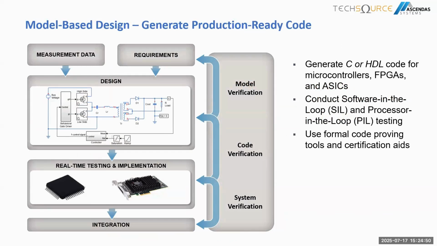And besides implementing the code on a microcontroller, in this case, for example, this one that I am showing here, it can also be code generated to an FPGA, for example, so that you can do software in the loop testing or processor in the loop testing to verify numerical equivalency of the control code in the Simulink model algorithm. So Simulink offers a path to perform several software checks. Software in the loop testing, for example, to run generated code and the control algorithm in parallel with Simulink testing.